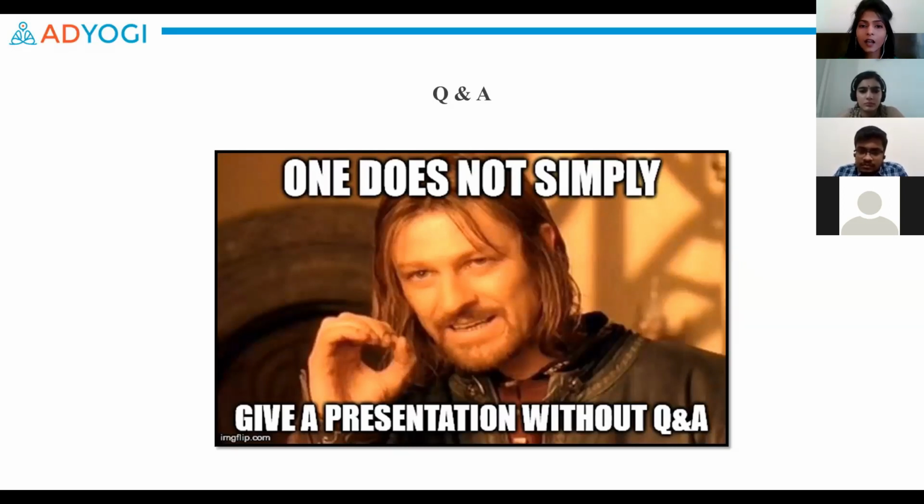Now, on the other hand, how would you know when to update the ad? Let's say a creative which is performing really well, but over time the performance of this ad drops. Here you know that this creative has potential to perform, so maybe a little bit of ad text tweaks or changes in the ad text copy should be enough to lift the performance. So in such cases, you can use the AdYogi platform, the Express Update Creative feature that we have. Instead of updating each and every creative, all you need to do is upload the ad text at once and hit update, and your ads are updated in seconds.